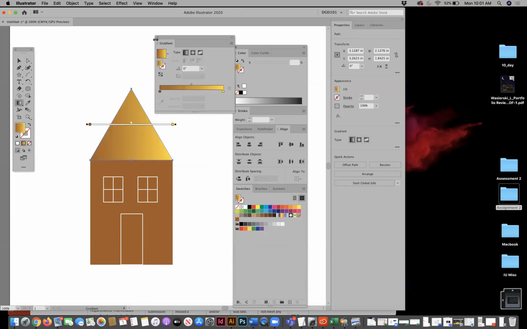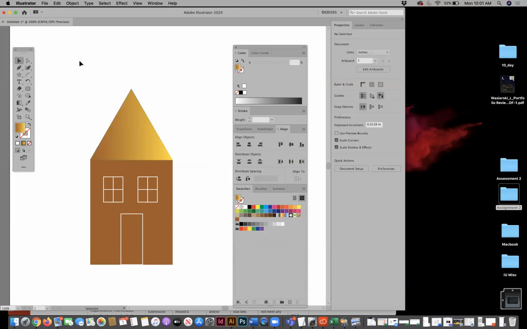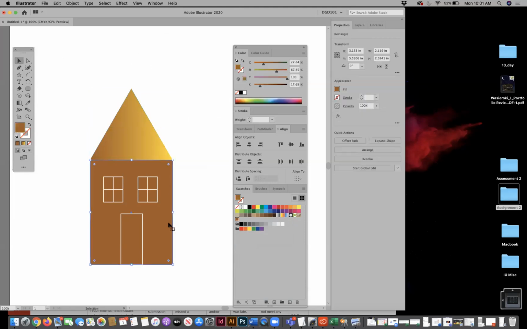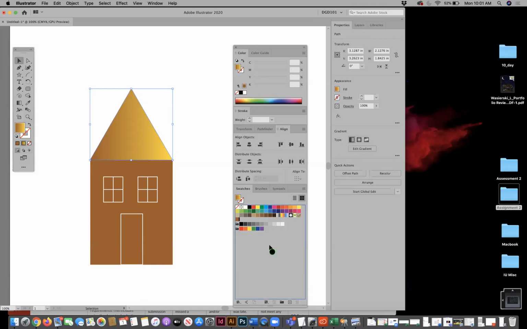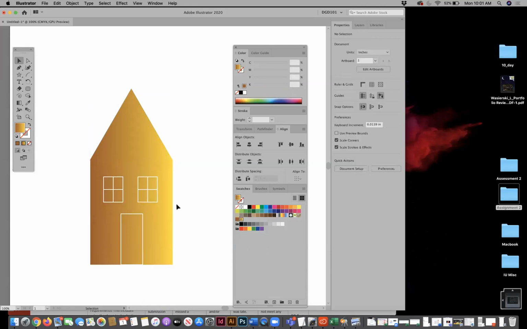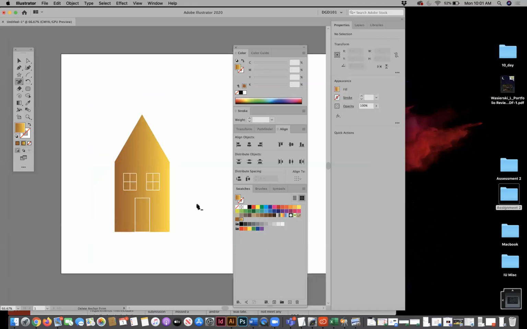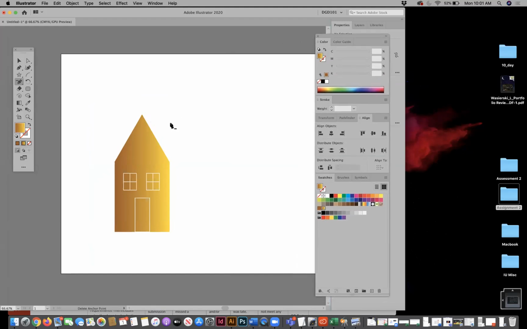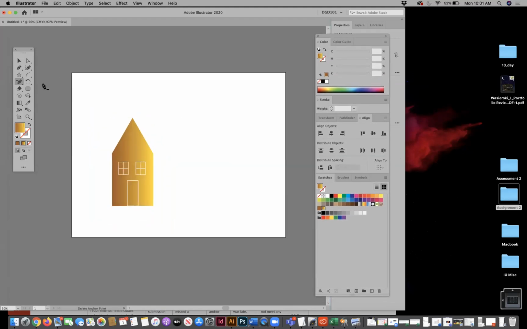Okay, so that's kind of fun to play with. Now, if you have a gradient that you want to save, go ahead and drag and drop it into your swatch box, and you can always add this to whatever you're designing there. All right, with that being said, let's go ahead and create a